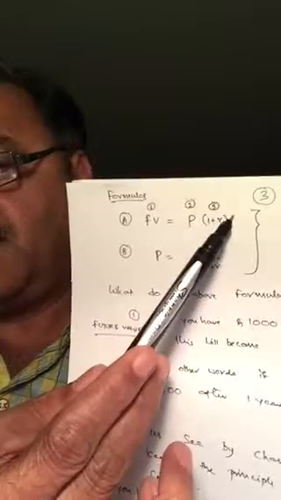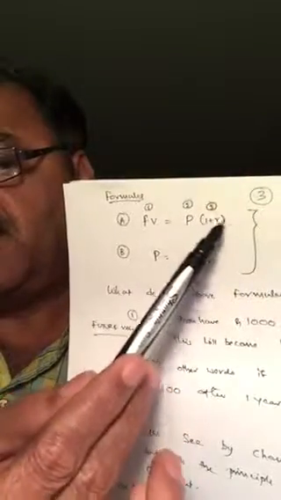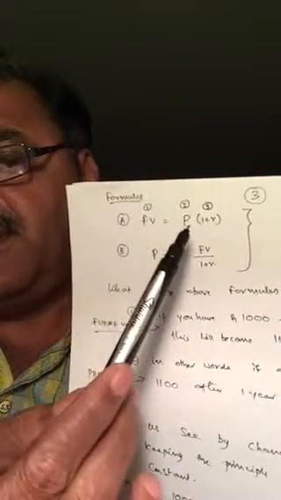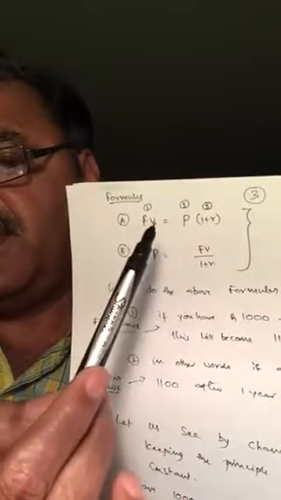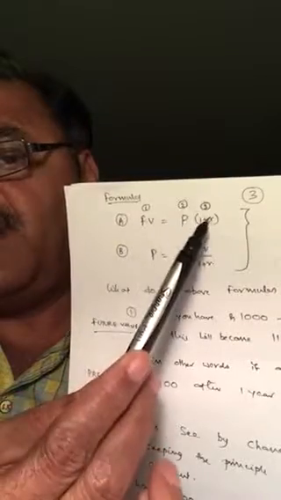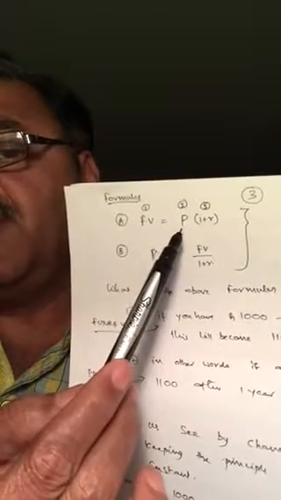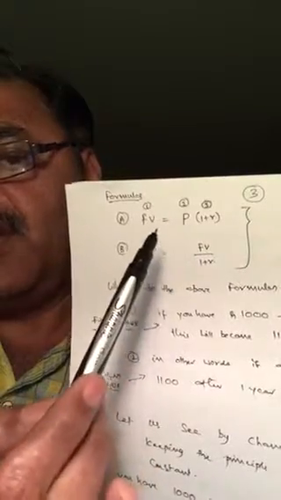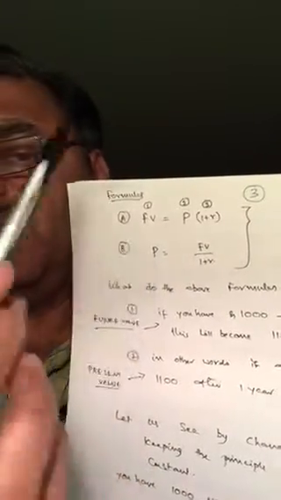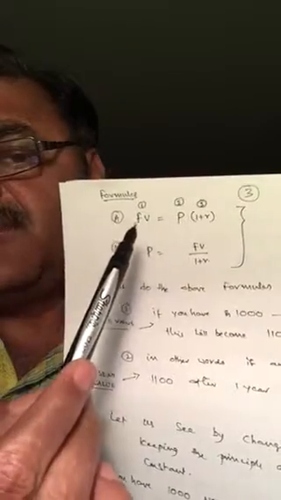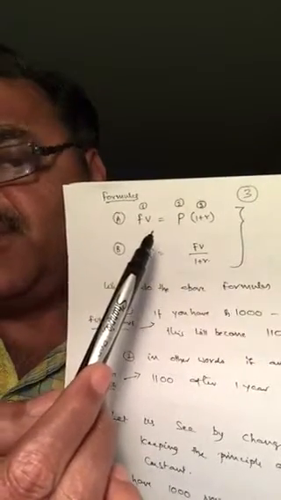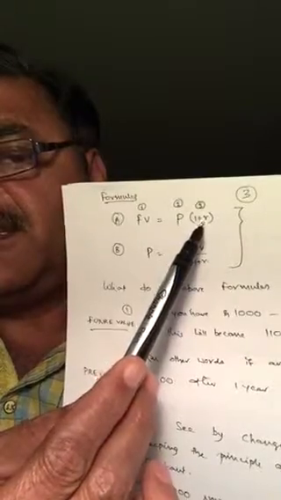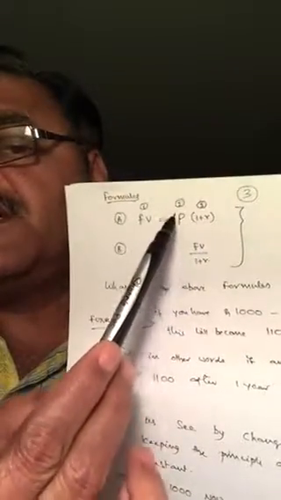Not put 1 here. If it is 3 years, 1 plus r to the power of 3. When you are given 3 values here, if you know any 2 values, you can find out the third value, isn't it? So now, suppose you are getting 1331 rupees after 3 years. The interest rate is 10%. Then how much you have to invest now?